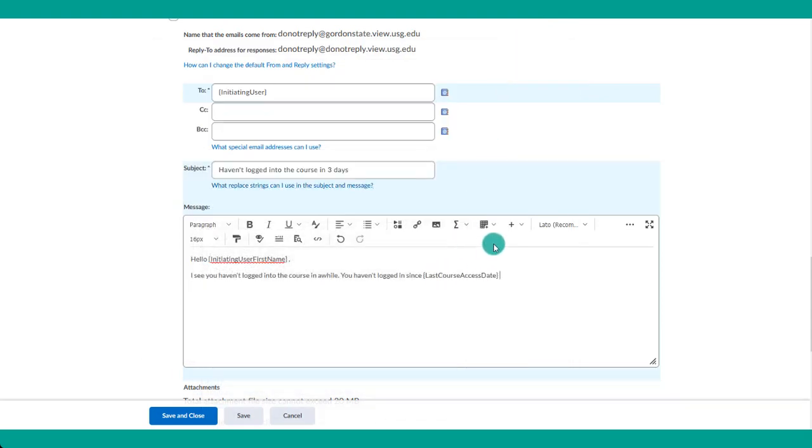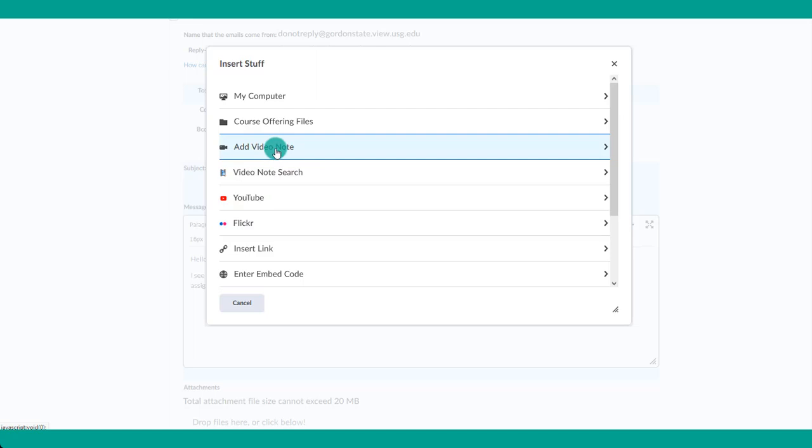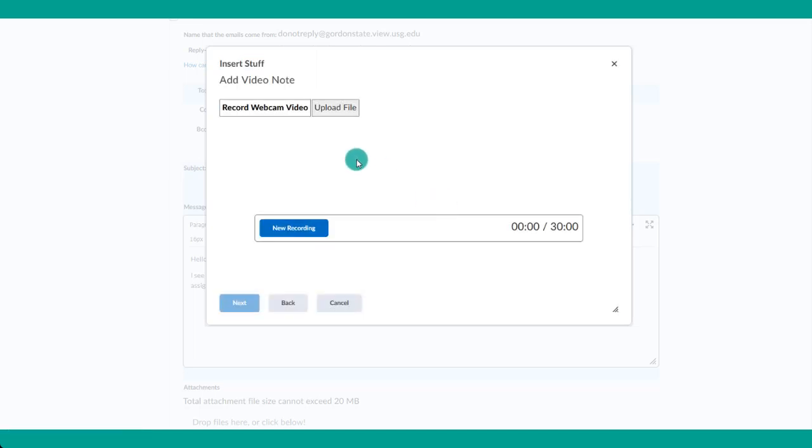You haven't logged in since this date. Make sure to log in often to complete assignments on time. All right, and so from here, what I can also do, if you wanted to make it really personalized, you could insert stuff and you could create a video note. So you could record a video note here if you wanted to